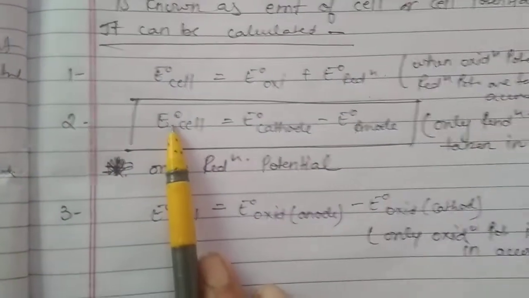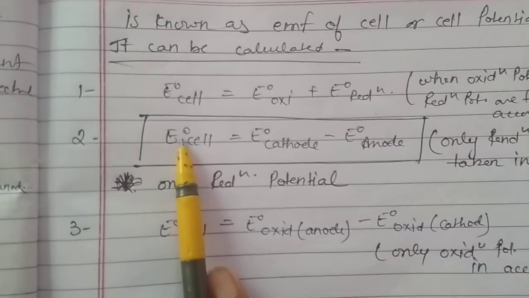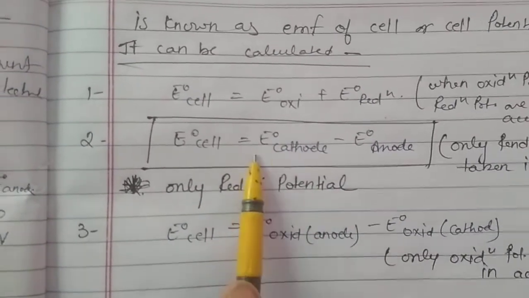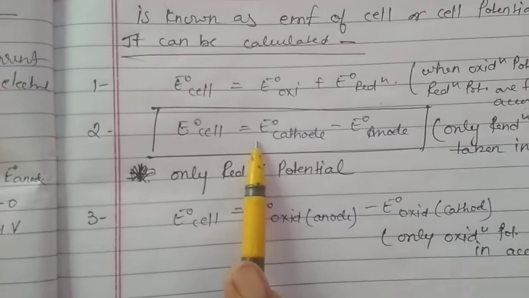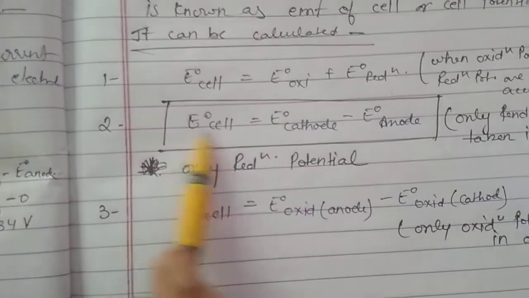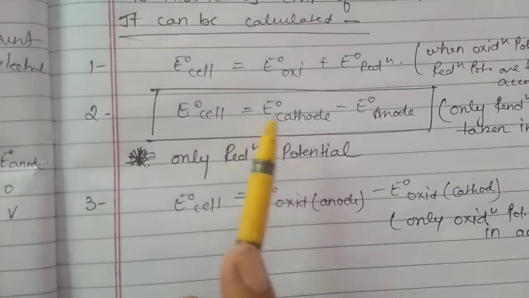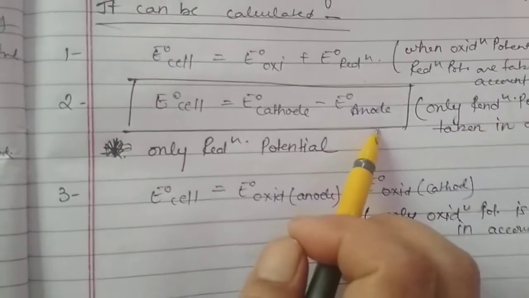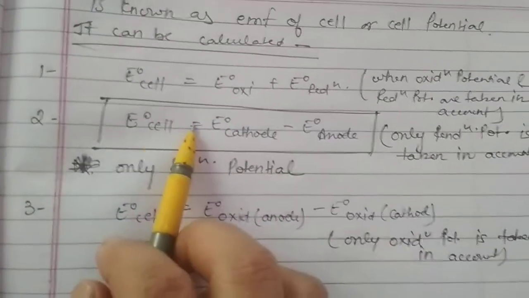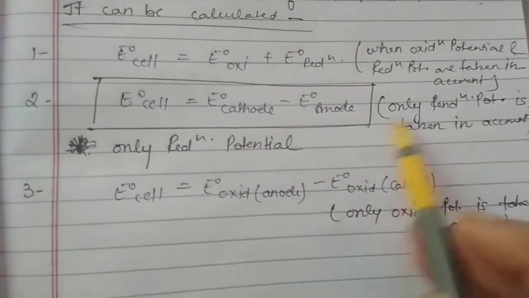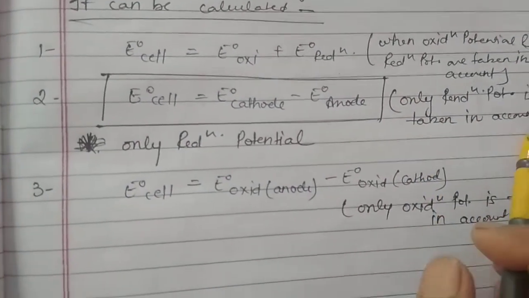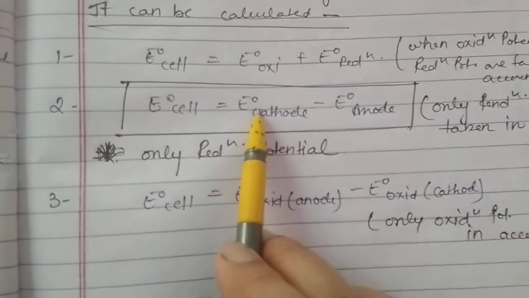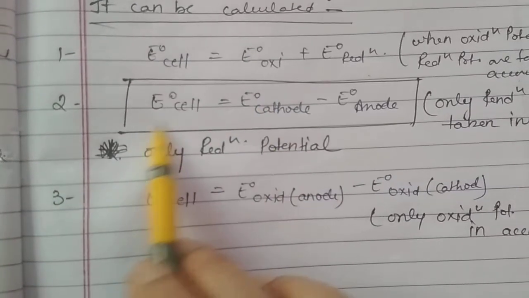Now the second and most important formula, on which you must focus, because in the electrochemical series we only have the standard reduction potential. So in the questions you would be given the reduction potential, and in the formula you write down that value only. E naught cell is equal to E cathode minus E anode. In this formula only the standard reduction potential is taken into account. You put the values of reduction potential given in the question, and you will be able to calculate E naught cell.